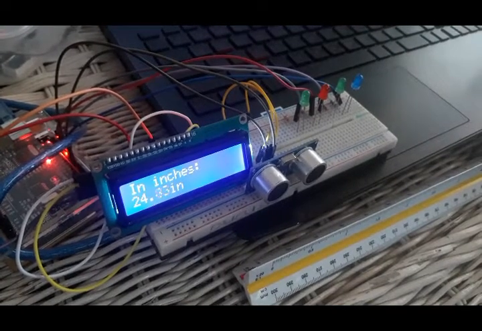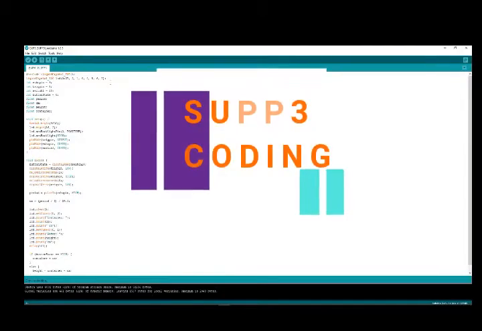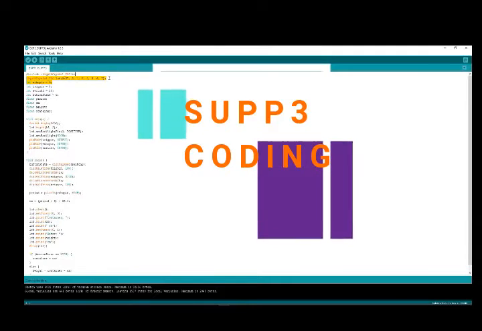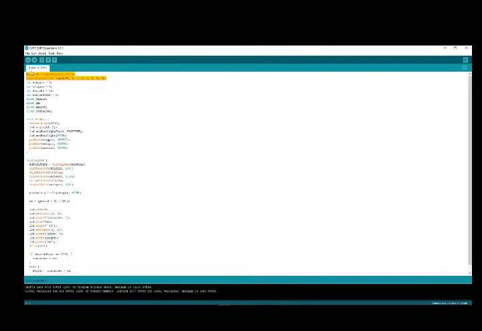Finish na. Thank you. For soup 3, we have the pin declaration for the LCD with I2C,